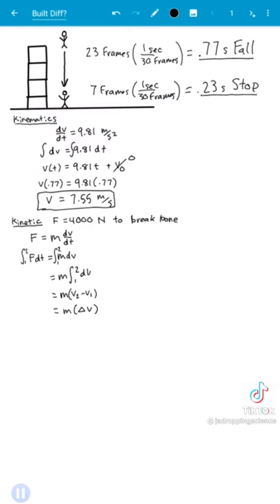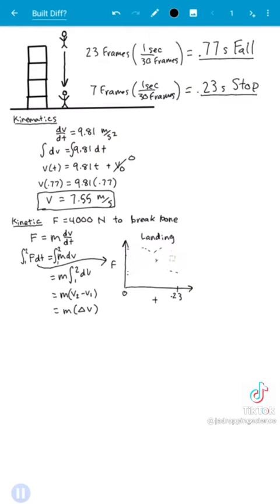The left hand side of this equation isn't quite as obvious. Is the force a function of time? Let's use a force versus time graph as a tool to help us understand this question. So we're looking at the force with respect to time from 0 to 0.23 seconds when he finally stops. So we're asking, during this impact, was the force changing with time? If we had force transducers on him, would it be a large force at the beginning and less later? Or would it be the other way around?